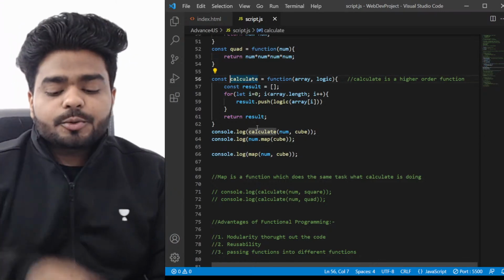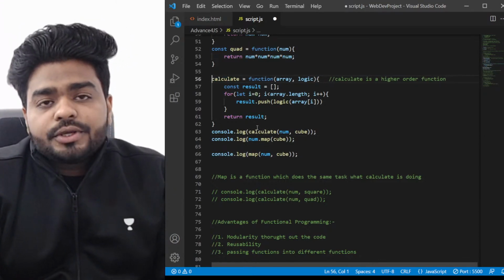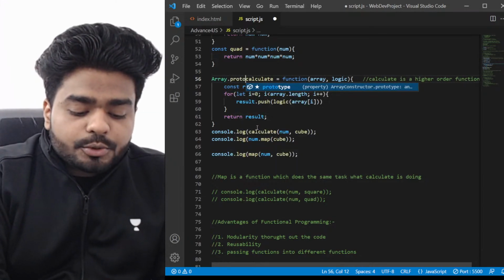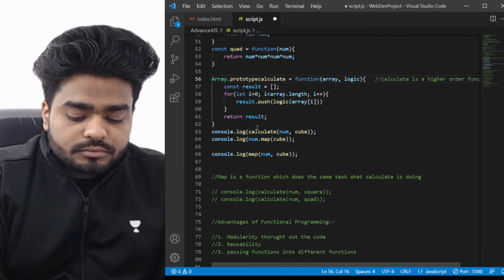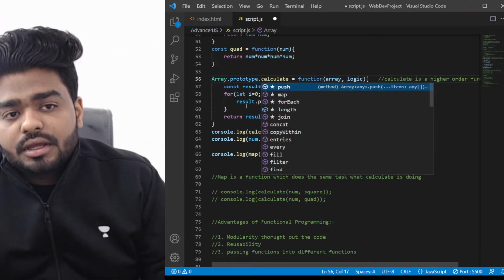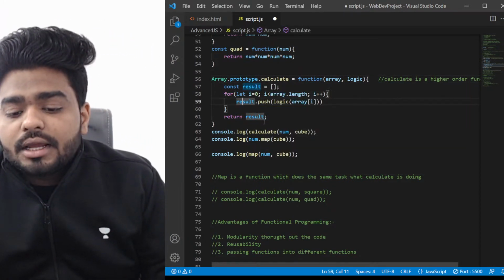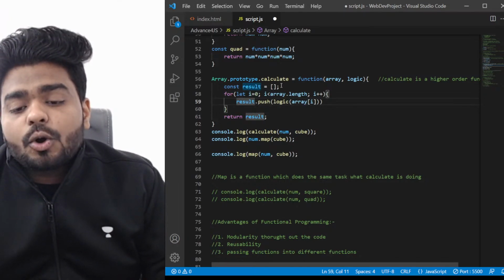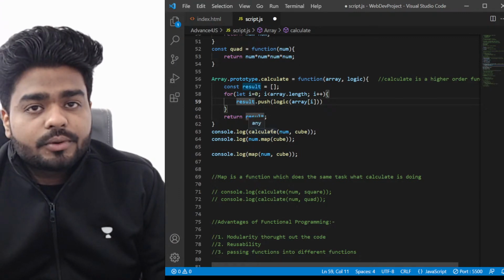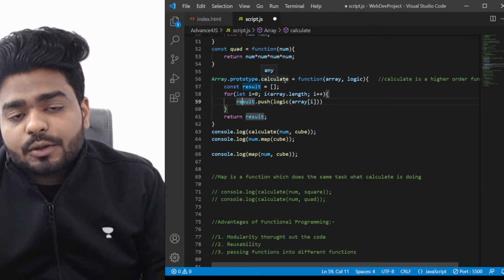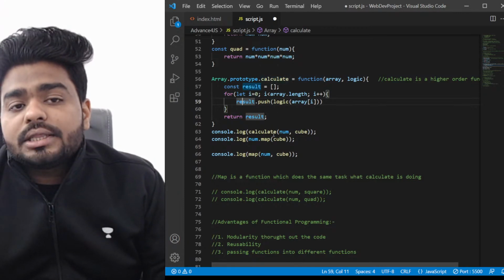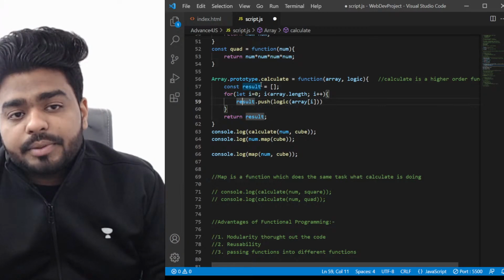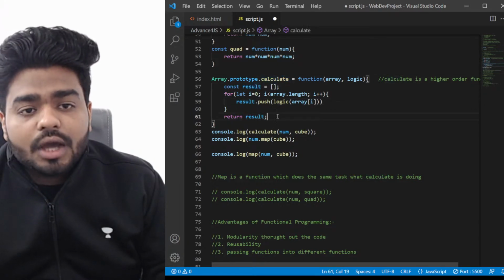Okay, how can you use prototype in this case? You have to write a prototype for array, right? And if you're using prototype for calculate, that means this function calculate will be available in all the arrays you see in your code. Okay, so this particular function calculate will be available in all the arrays you see in your particular code. It will appear as an array everywhere. Now what you can do,